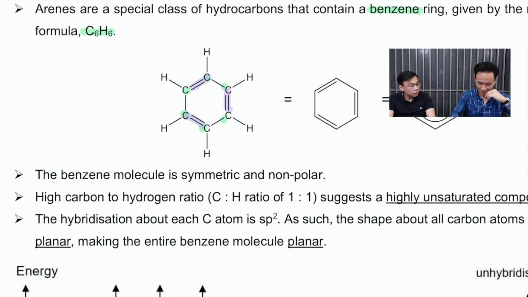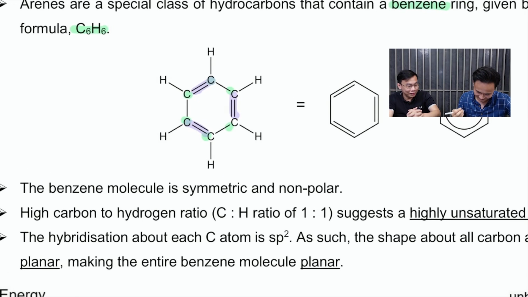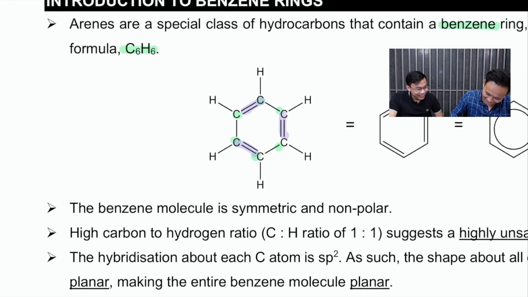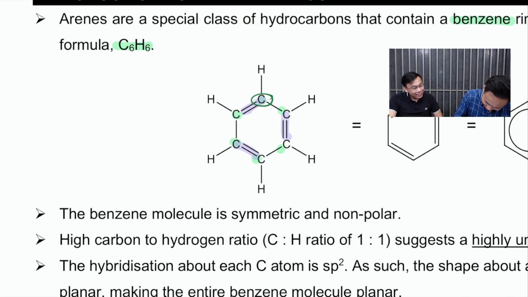Double. Bond. Now, Yap Chen, you're going to be my student today. I'm going to ask you a question. So this carbon atom here, can you tell me how many bond pairs, how many lone pairs? 3 bond pairs, 0 lone pairs. Very good, right? 3 bond pairs, 0 lone pairs. Hybridization, please. sp2? Very good, sp2.